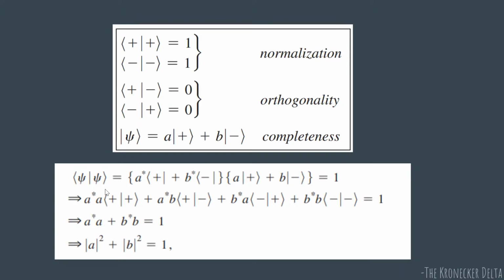And so the condition we get is that if you are representing any state psi, this A and this B should follow this relation, which in physical terms is pretty intuitive, right? This represents the probability for psi to be found in this state, and this represents the probability for psi to be found in that state. The sum of the two probabilities should be 1. These are probability amplitudes, so when you want to find the probability, you have to square them. So this is the probability to be found in the first basis state, and this is the probability to be found in the second basis state. The sum of them should be 1. That is the probability conservation concept, right? So you have to conserve the probability.